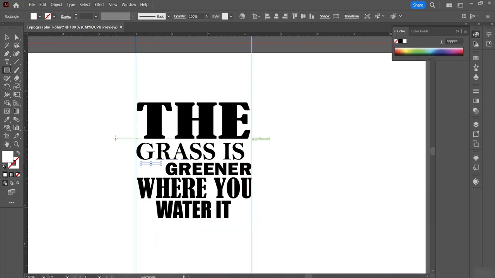So with rectangle tool, what I can do is I can come here and just make some rectangles. Okay, so if I just want to move it on the left hand side, if I want to align it to the ruler, I will also do that. So let me just keep this thing black only. So now once I have selected this, let's click on this mouse again. Let's select this, click on Alt, and after that here you guys can see, okay, now I am able to make some